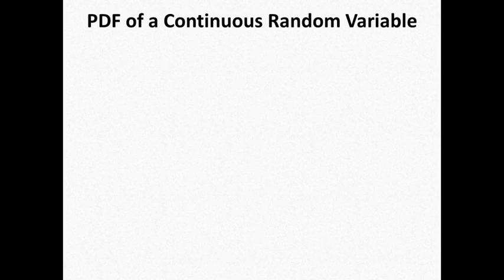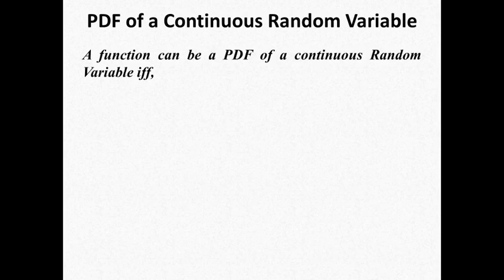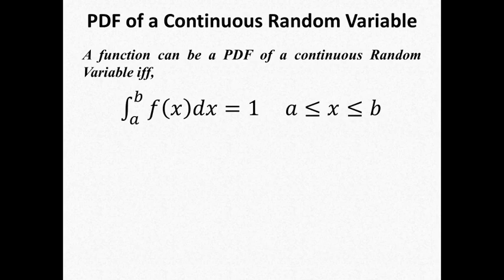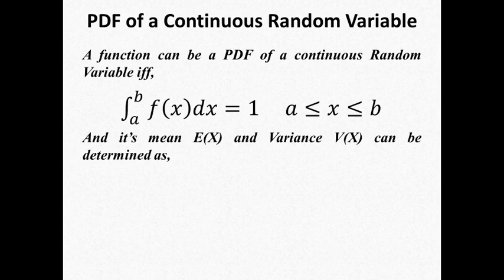So using the concept of calculus, we can define a probability density function of a continuous random variable if and only if the said function is integrated over the limits of the domain and we get the answer equal to 1. It might be possible that this function is a probability density function. Moreover, since it is a probability density function, we have to calculate the mean and the variance of this PDF.